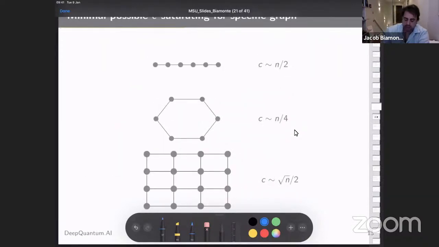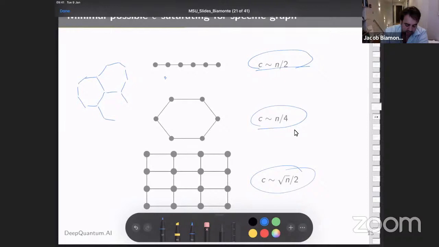So an example is the depth of the hardware efficient ansatz on each of these grids to be able to get bipartite entanglement saturation scales differently for each grid. And for Rigetti, they put together these hexagonal things, they piece these together, et cetera, et cetera. And so it has a different kind of scaling coefficient for that. So they all scale a little bit differently, and I think that's very interesting.